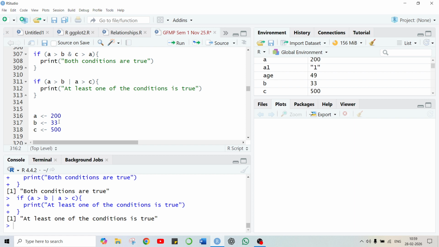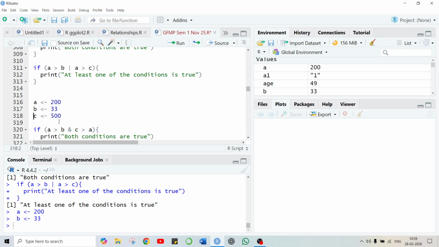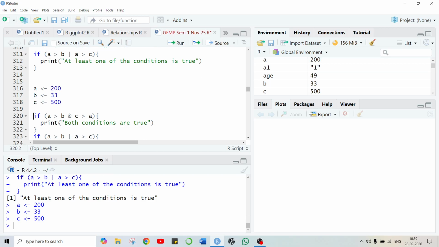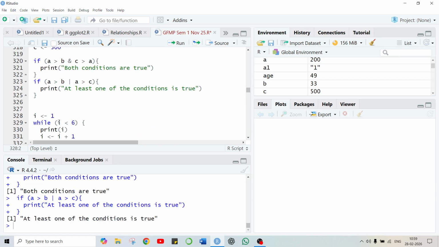Now you have A is assigned as 200, B is assigned as 33, C assigned as 500. If A is greater than B and C is greater than A, so both conditions will be true. Here A greater than B or A greater than C. At least if one condition is true, it will print, right?